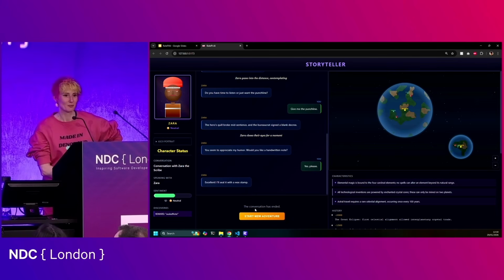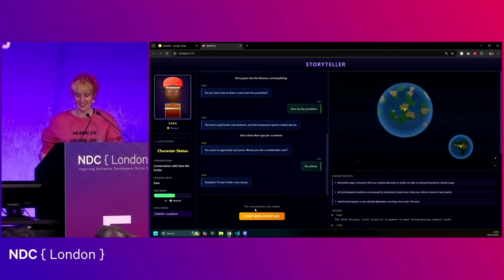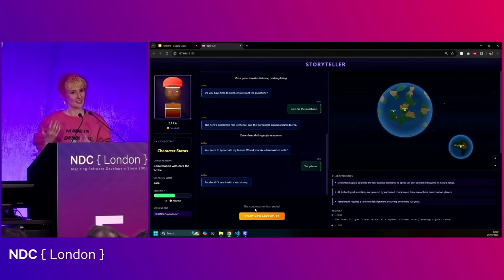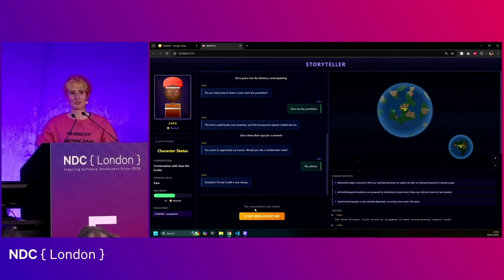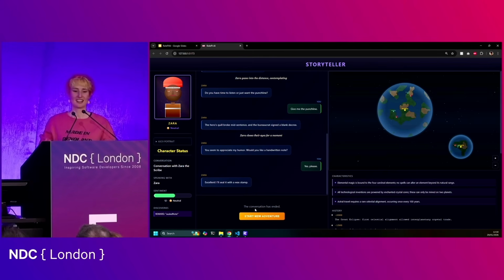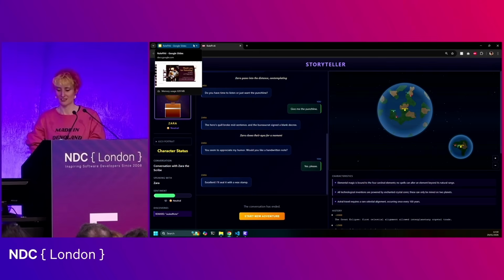Yeah, so branching dialogue to a certain extent, and things that make sense to a certain extent. Obviously, this requires a huge amount more work, but this is the start of an idea, and I wanted to get your AI and ProcGen ideas flowing. These are things that you could take and build into something that I think could be really fun and exciting. And it's something that I want to definitely develop further.